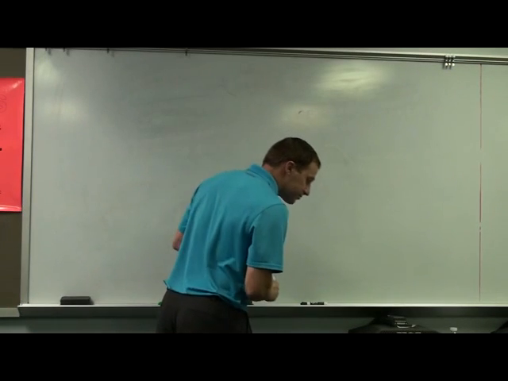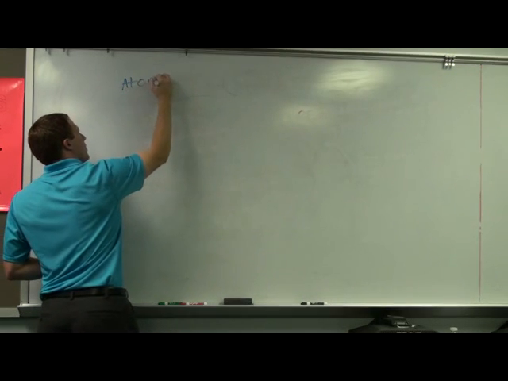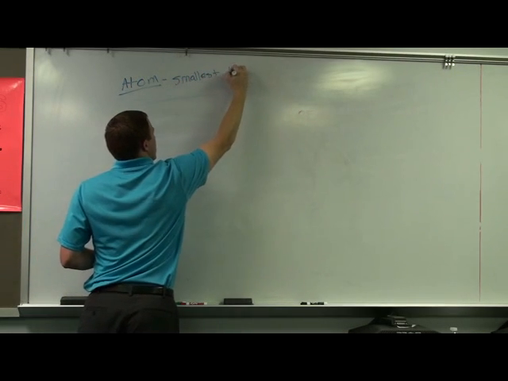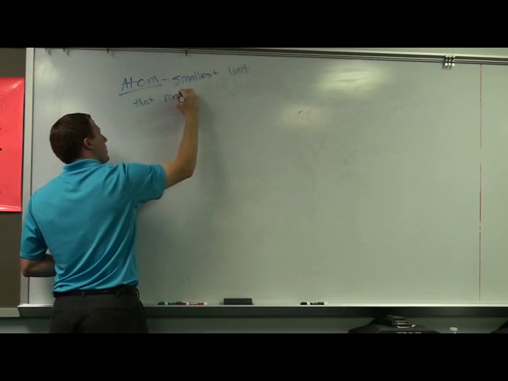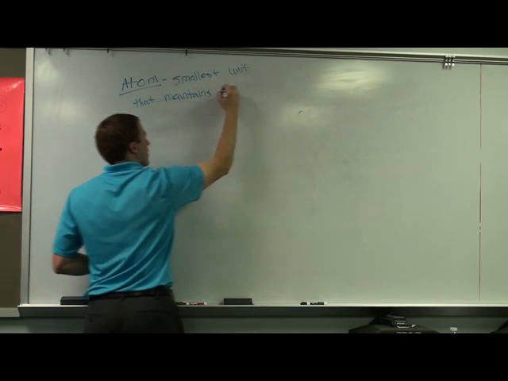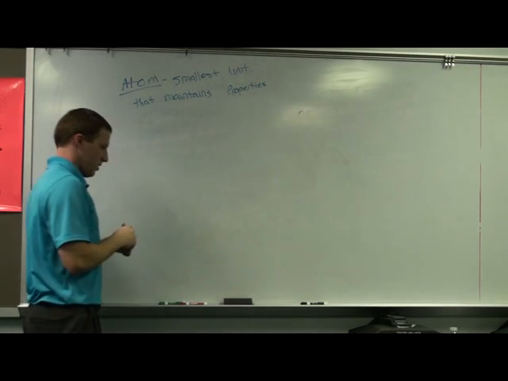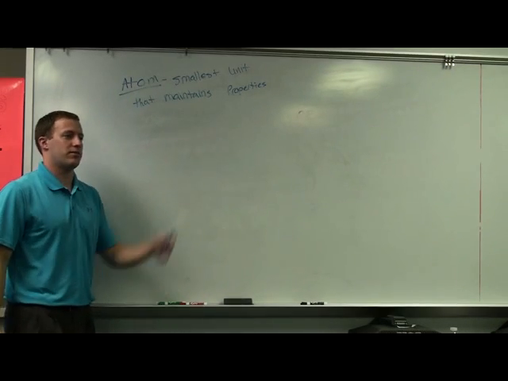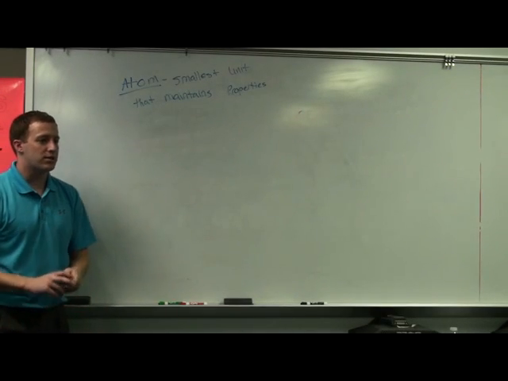Alright, good. Now, the next word we need is an atom. Okay, it's the smallest unit that maintains properties. Okay? So what are desks made of? Atoms. What are chairs made of? Atoms. Your pencil is made of atoms. Okay? All your things that you use on a daily basis are made of atoms.